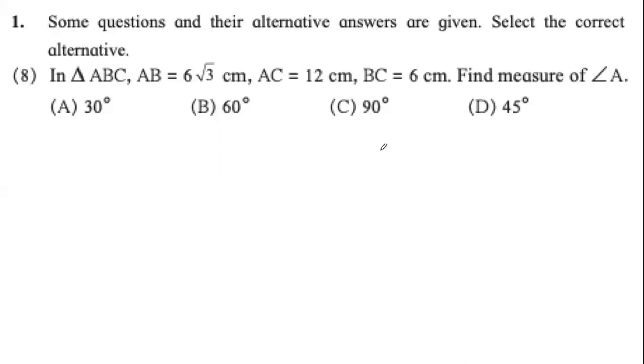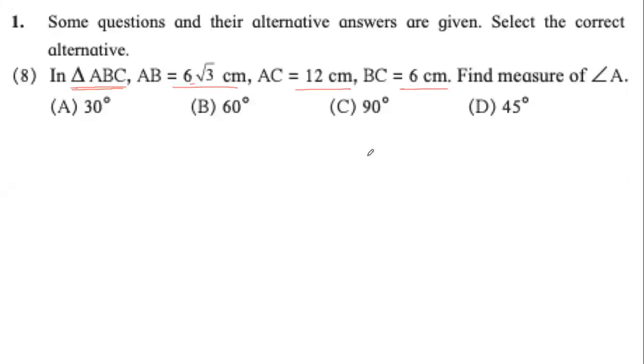First of all, understand that we are not told what kind of triangle this is. It just says it is a triangle and its 3 sides are given. We don't know if it is a right angle triangle or not. We don't know whether it is an acute angle triangle, whether it is an obtuse angle triangle. So there are 2 steps to this question. First, we have to figure out whether it is any special triangle that we know of. That we can do by doing a simple thing.